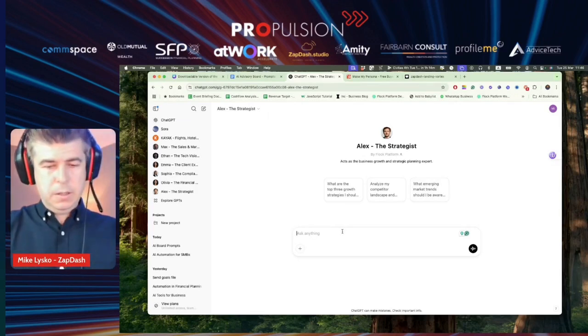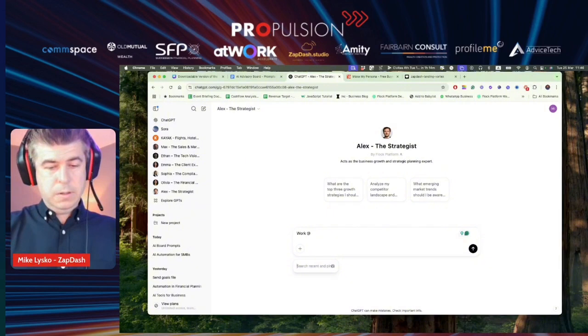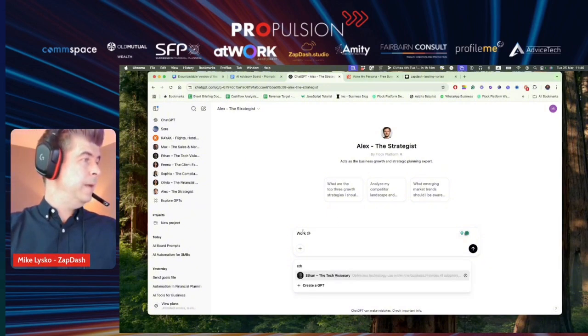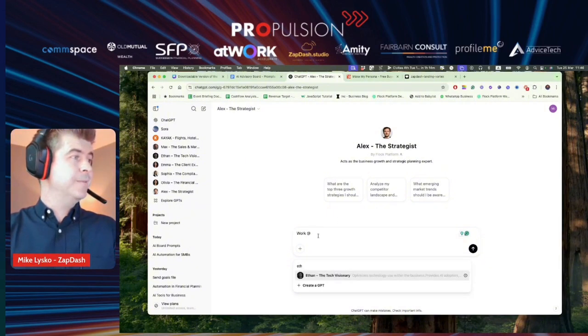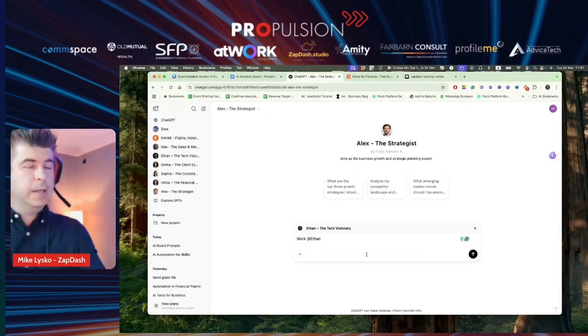So we can prompt him, and then all you need to do to activate one of the GPTs is to actually put the @ sign. And once you've added the @ sign, essentially that GPT is now available. So you can see Ethan's been added to this chat.